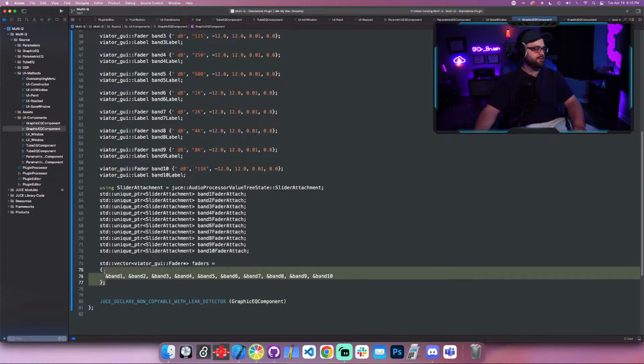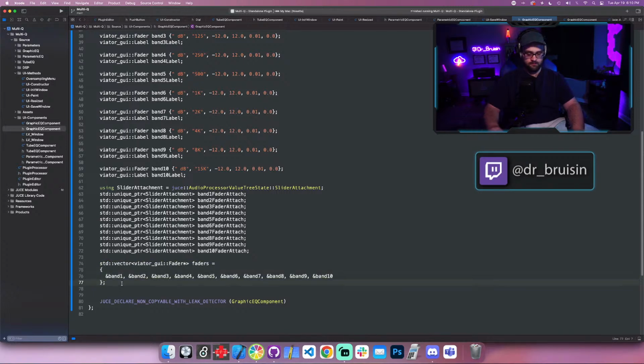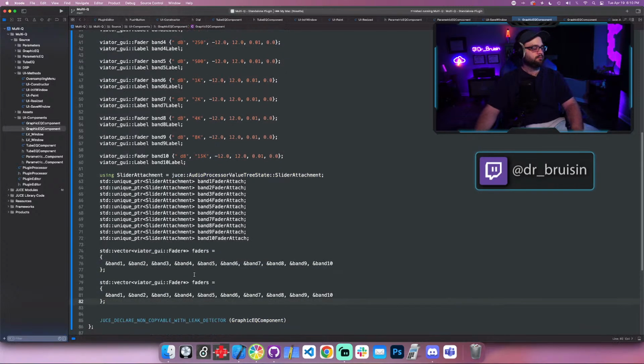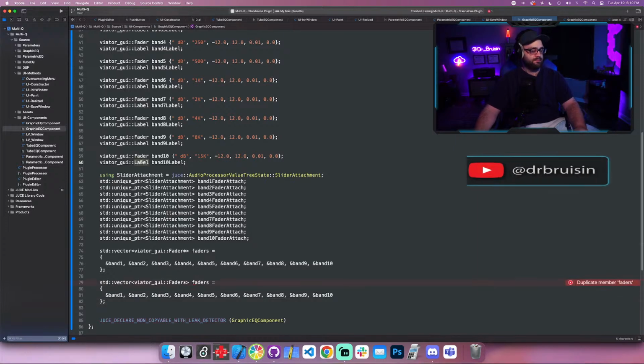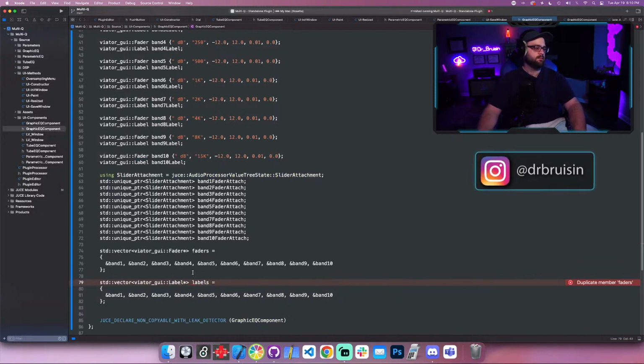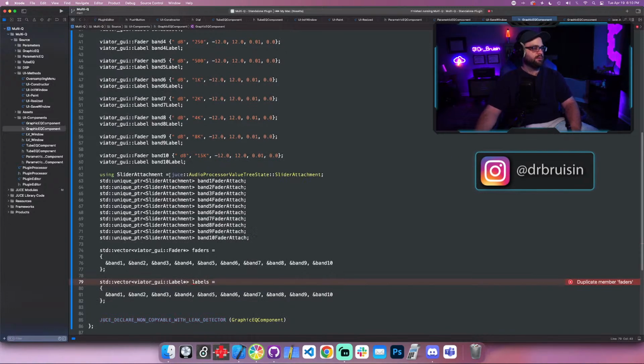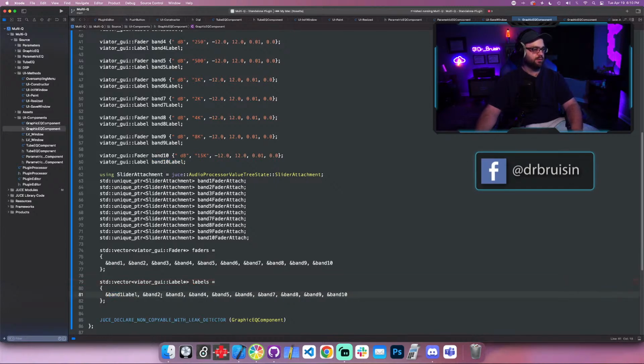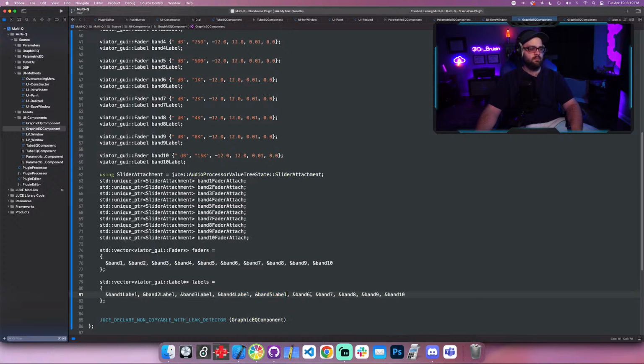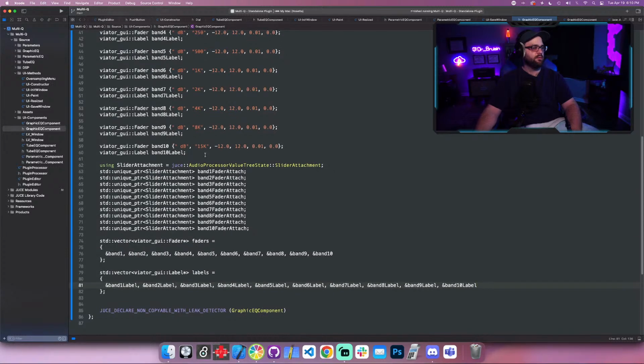Okay, and then we can do the same thing for the labels. So label. We'll call it labels. And what are the labels called again? So, okay, the same thing, but with the word label at the end. So we could just do this. This should work. Perfect. And then we're gonna need one for the